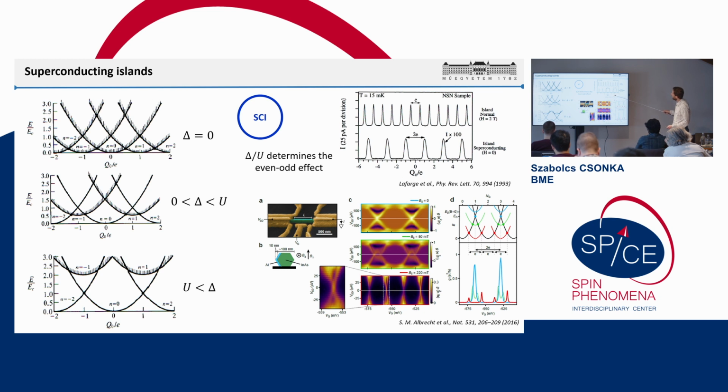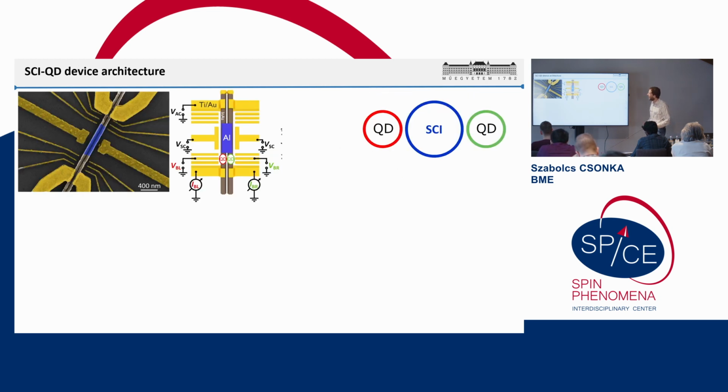The first such islands were studied, where you could see in an island these Coulomb peaks as current versus gate voltage, and there is 2e periodicity in the superconducting state and 1e periodicity in the normal state. And also from these nanowires, having the superconducting shell on top of the nanowires, not so long ago in Copenhagen there were measurements where they could show that also from this limit we could get to this other limit. Our goal is to combine that with the normal artificial atom and see how the spectrum